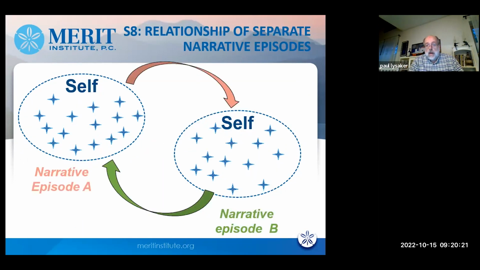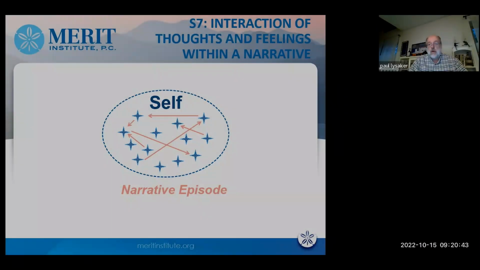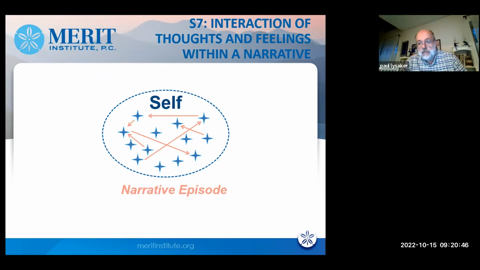And you can see you have to be able to do that to get to 9. All right. But to be able to do this thing at S8, which is to see these different narrative episodes, you have to be able to even see one narrative episode where complex things are interacting. And I'm going to take the guess that Kane's patient struggles to even do that. He struggles to see a complex narrative episode in his life where thoughts and feelings are interacting. And so here's a drawing of what someone can do at 7. And again, we're going to suppose that perhaps Kane's patient really would struggle to be able to do that. He wouldn't be able to do that.